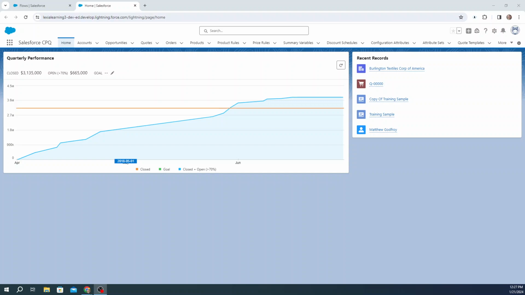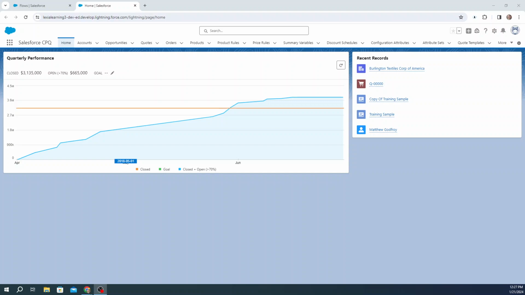In the example, we're going to walk through the flow we're going to build. I'm going to use the transform element to essentially just clone opportunities related to an account. So I'm just going to launch my flow with a button. We'll put that on the account page layout, and nothing too crazy. Just kind of want to show the capabilities of this element because it does seem